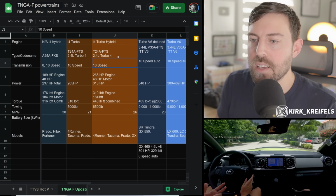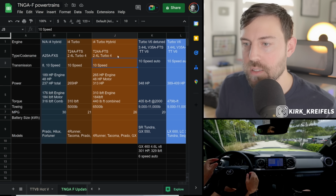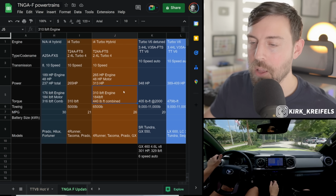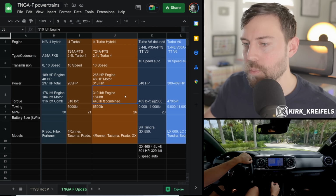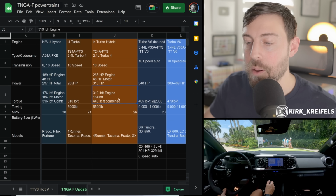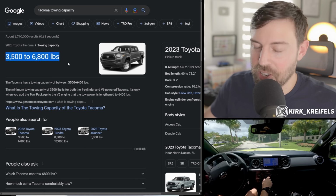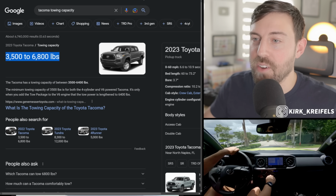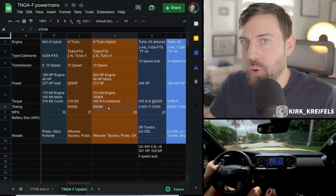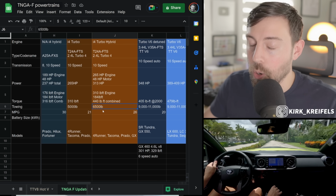It makes the most sense to essentially use what the Tundra iForce Max uses, and that is a 48 horsepower motor with 184 pound-feet of torque. Doesn't help out fuel economy too much, but guys, you'll be getting over 300 horsepower and a massive 440 pound-feet of torque in this sort of setup. The current Tacoma tows anywhere from 3,500 to 6,800 pounds. We'll see. I mean, this truck is going to be heavier, so they would have to put bigger brakes on it in order to get a better towing rating on the